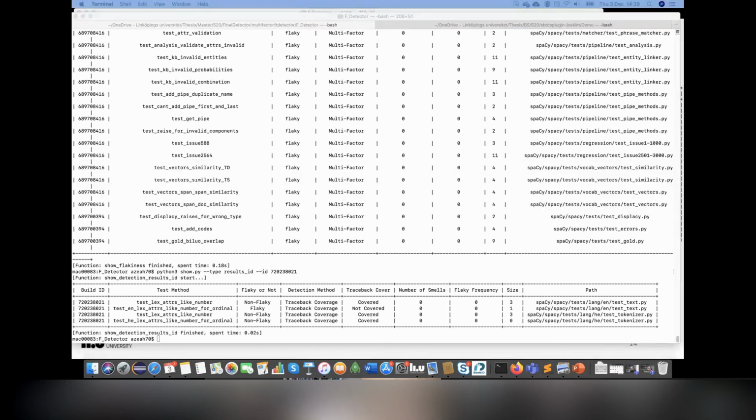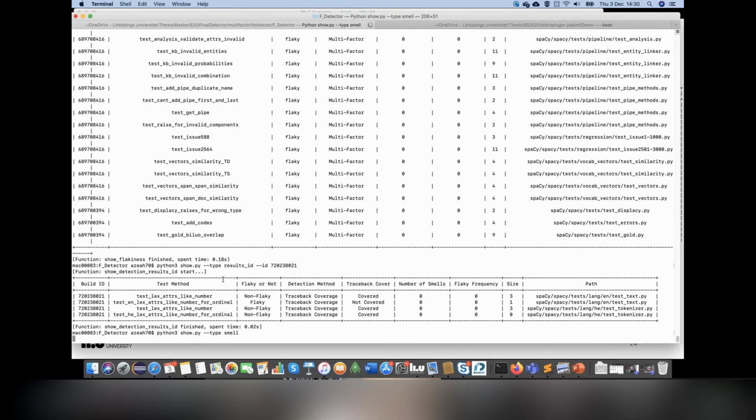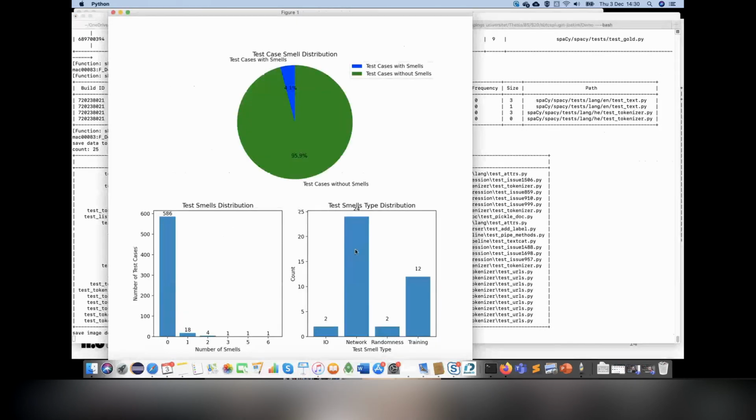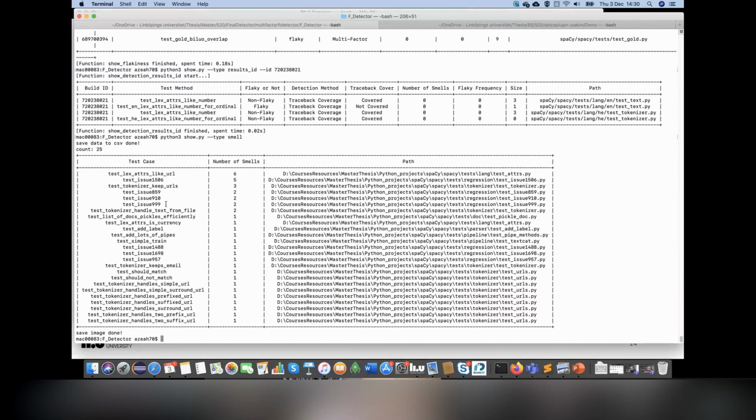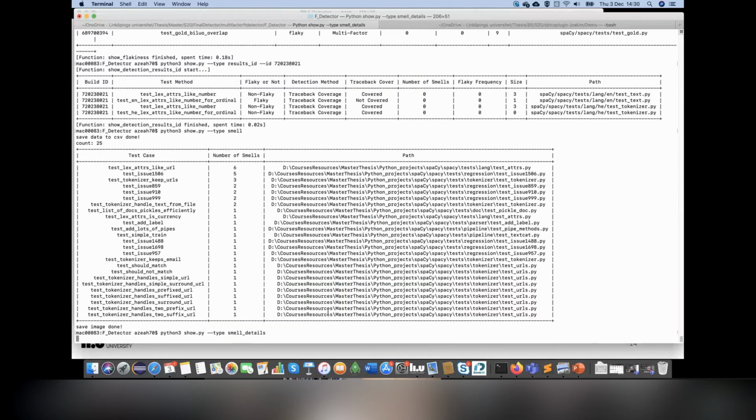If you want to know test smell details on a higher level, that is, how many test smells are present in my test cases, or what types of test smells there are, you can generate this figure that I already showed you. You can also have this diagram here. So out of all your test suite, 1, 2, 3, how many? Yeah, a few test cases have these numbers of test smells. Same way, if you want to know the detail, okay, I know that this test has 6 smells, but what type of smells are there and what is the line number? Then you can run this command with the smell details and it will give you